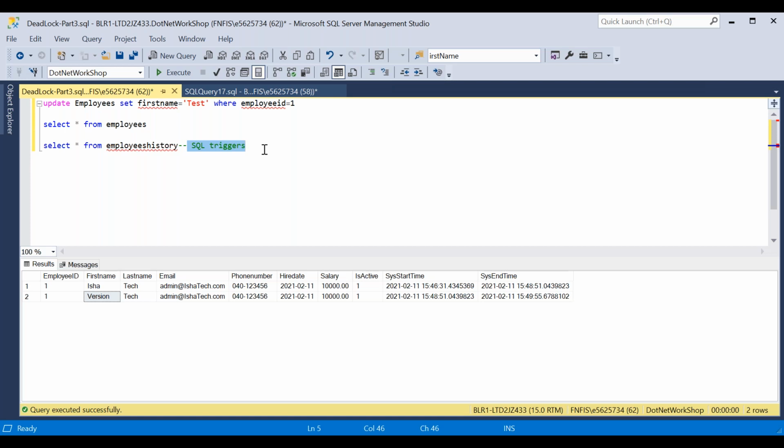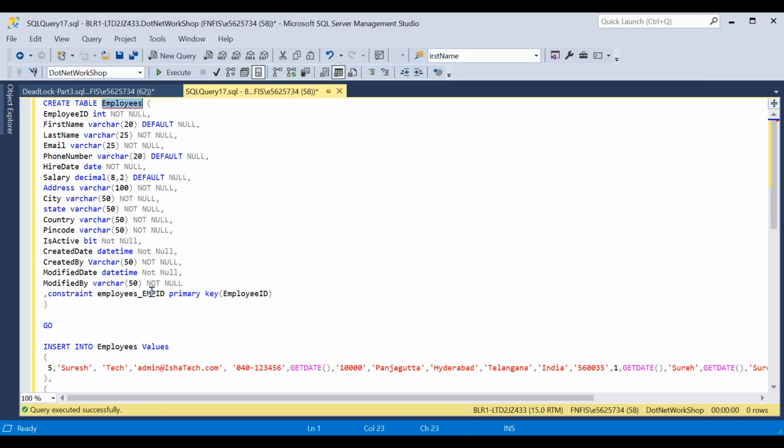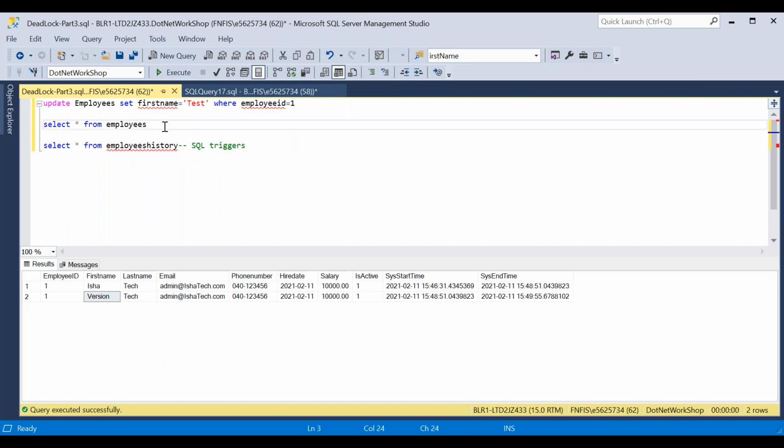So to avoid the burden on the SQL server, we can just use the system version. So it will be easier. We need not do anything. If we are deleting or updating, by default the SQL server will capture the information and keep it in the history table, whatever table name we have given at the time of creation of the table. Any questions on this topic?